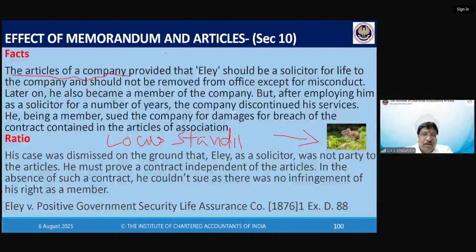Okay. When at the instance of the promisee or any other person. So any other person can also provide. Promisee need not provide. A stranger to a consideration can sue, but a stranger to a contract cannot sue. Here, unfortunate Eli is a stranger to the contract. The contract is between the company and its members, and it is Eli versus Positive Government Security